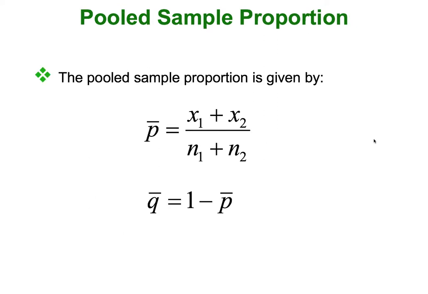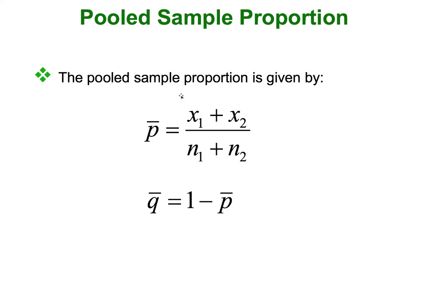notation symbols. Now here's a new one, the pooled sample proportion. To get the pooled sample proportion, we add the number of successes in the sample from one sample and the other, and we do the same thing for the sample sizes. We add the size of the first sample to the size of the second sample, and that goes in the denominator, and so we divide this sum, the total number of successes, by the total number of values in the